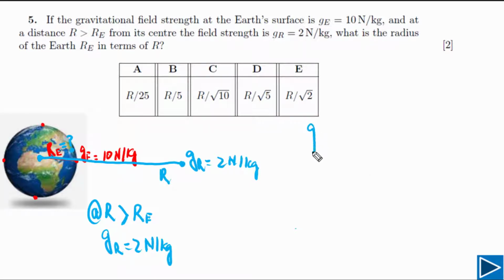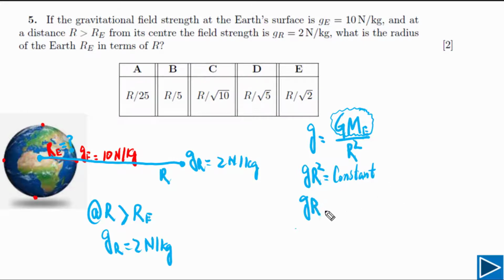Now the best way to start this question is with g, small g, which is equal to capital G times m, the mass of our planet, divided by the distance from the center squared. Now if you look at these quantities, the value of capital G and the mass of our planet are constant, so we can write g r squared equals some constant. This is constant for the distance from the center to the surface, and it is also constant for the distance from the center to any other point in the gravitational field. Based on this concept, we can write Ge times Re squared has to be equal to Gr times